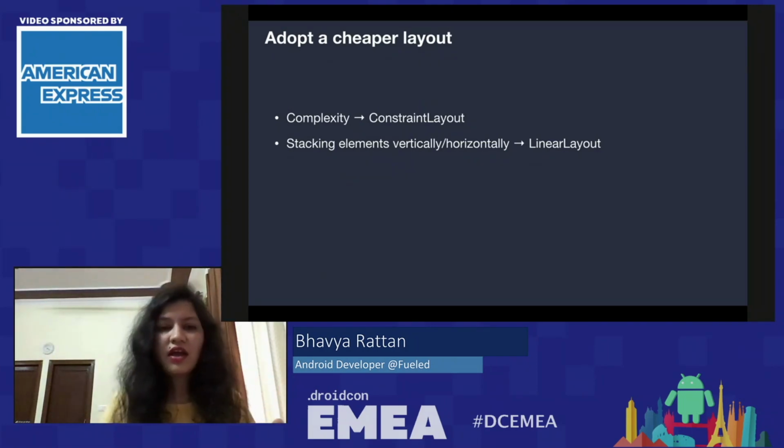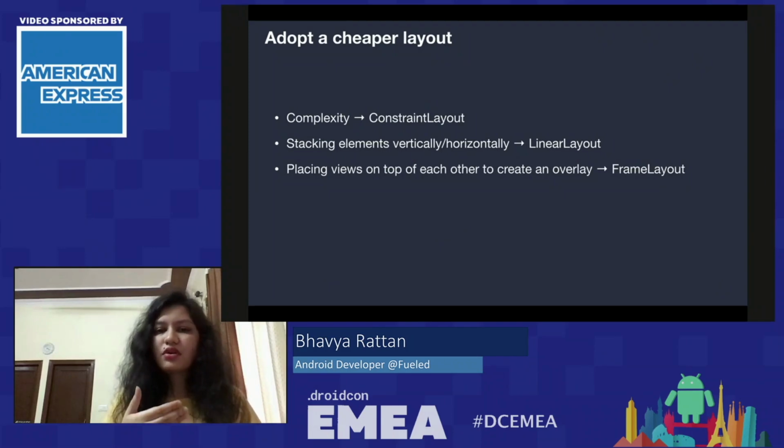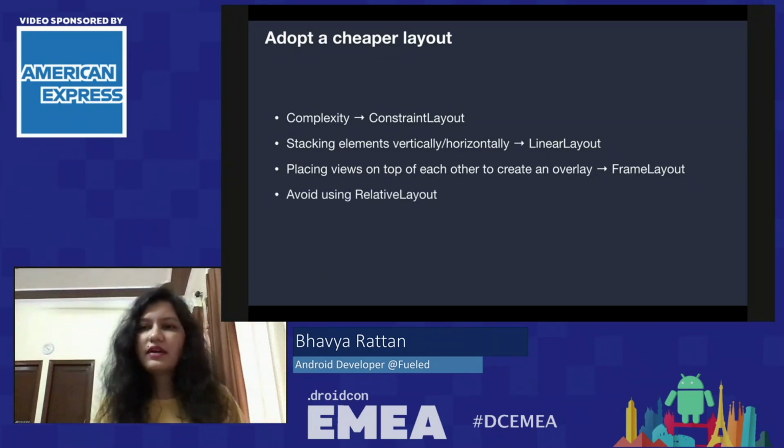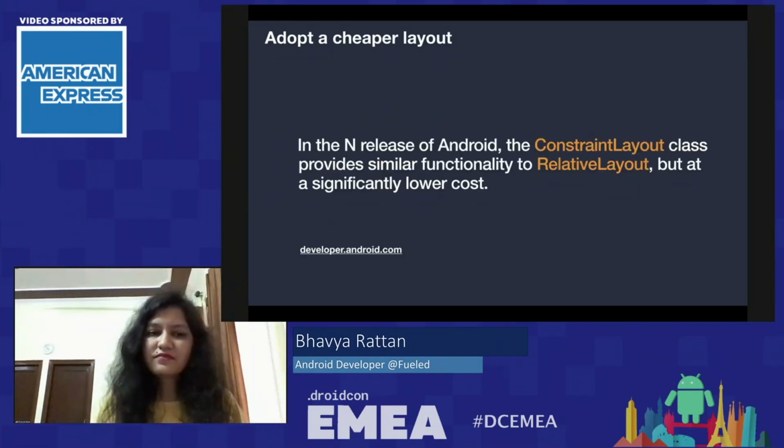or horizontally. If you are placing views on top of each other to create an overlay, go for a frame layout and avoid using linear layout at all times, because linear layout will always lead to double taxation. Even if you are not convinced enough to go back to your legacy code bases to remove all those linear layouts that have been lying somewhere in the medieval code, I would like to quote the developer documentation here, which